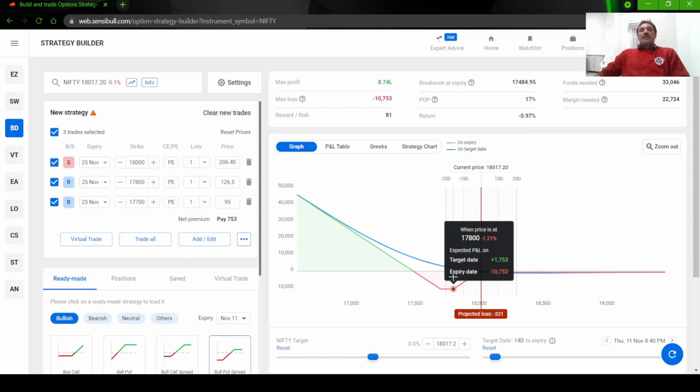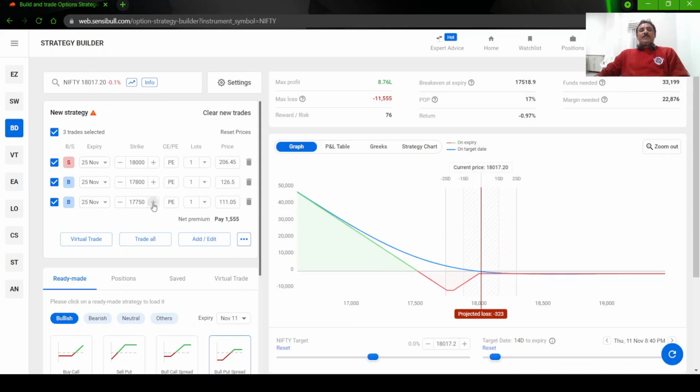Okay. So let us see the zero cost strategy. Means to take the entire trade, we are going to pay a very little debit, or we are going to get a very little credit. Means those will be covered by the brokerage and other charges. So for that, what we need to do, we need to increase the width of this strike. Let us see. You will pay more.